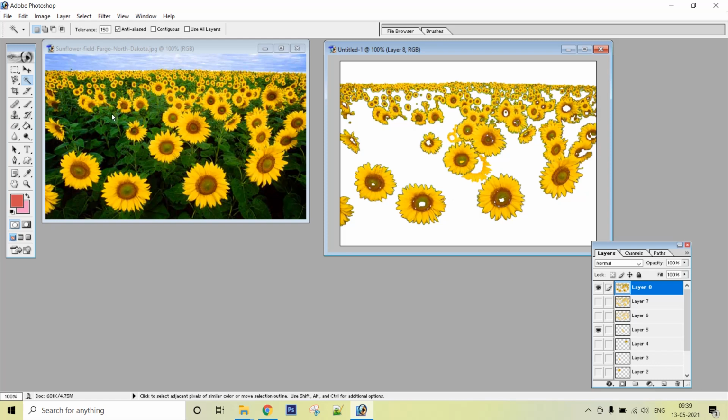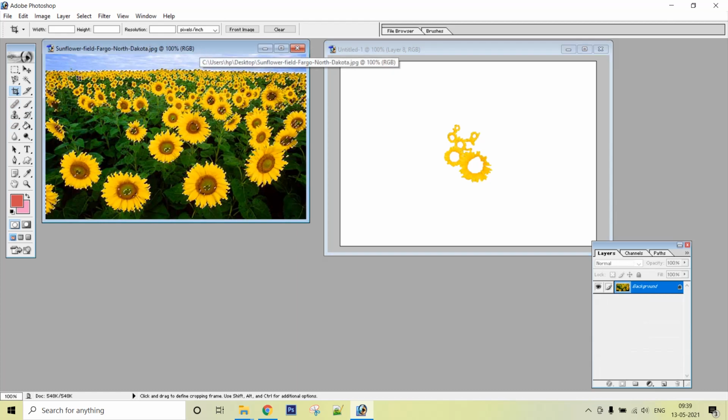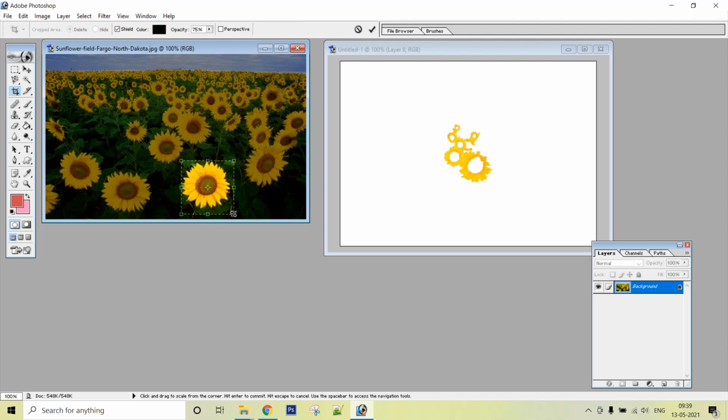Now coming to the next tool, that is the crop tool. And the crop tool, as you already know, is a tool which can be used for selecting a portion of the image and discarding the rest of the things. So for example, if I want to select just one flower from here, then I will first deselect it, I will go to crop and I will select the area that I want to take out from the image. That means the rest of the image will be discarded.